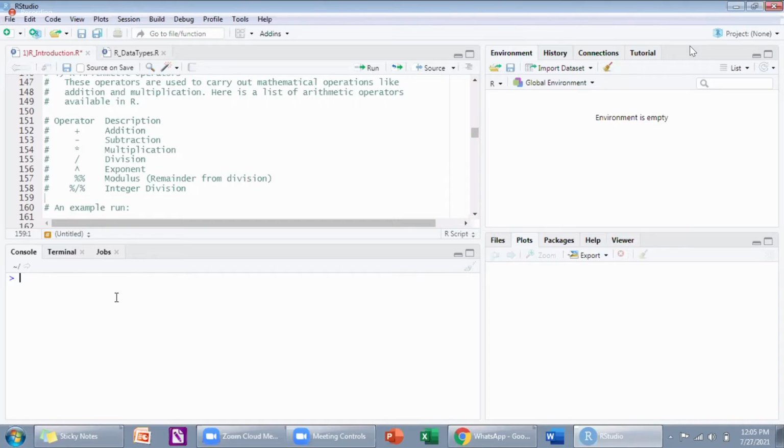Can I write directly 2 plus 3? Will this work? Will this work in Python, writing directly 4 plus 3? No, sir.